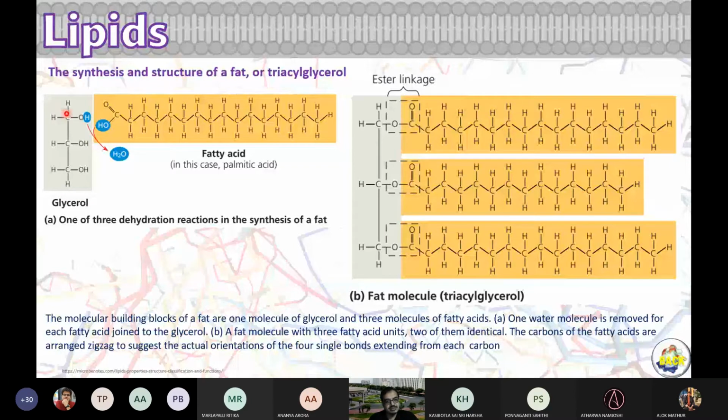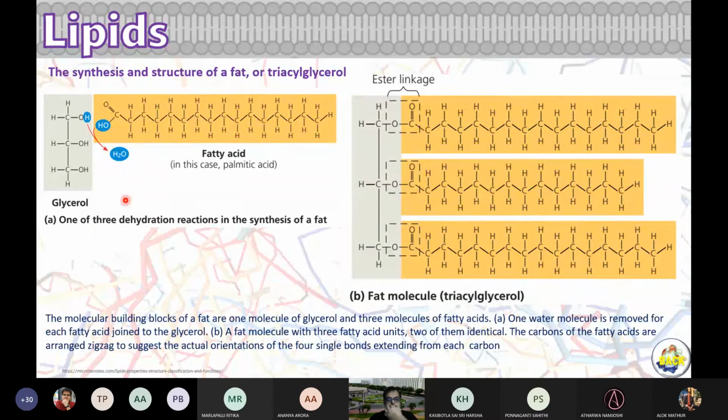In organic chemistry, you must have learned about fatty acids, right? Any alkane that ends with a carbonyl group or carboxylic group, we can call it a fatty acid. And how many carbon atoms are here? 1, 2, 3, 4, 5, 6, 7, 8, 9, 10, 11, 12, 13, 14, 15, 16. We can say 15 carbon atoms plus a carboxylic acid, so it's palmitic acid. 16 carbon atoms total, or 15 carbon atoms plus the carboxyl.